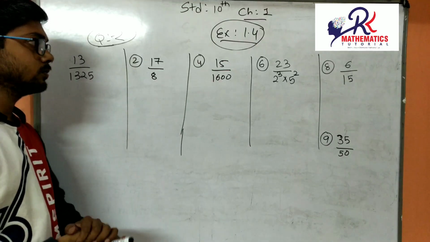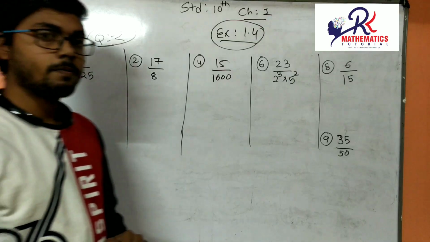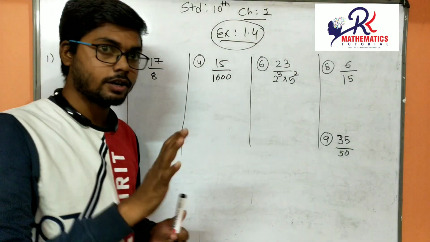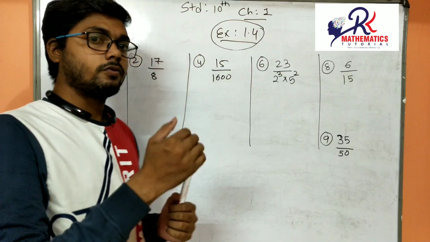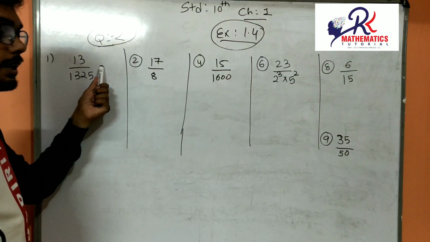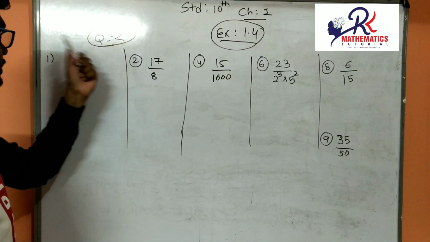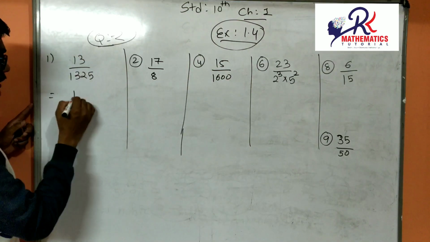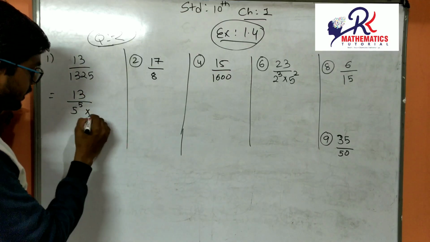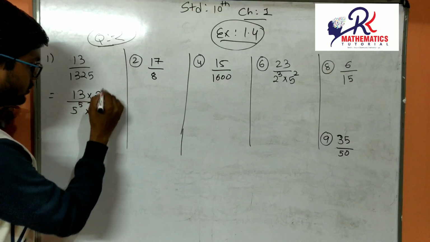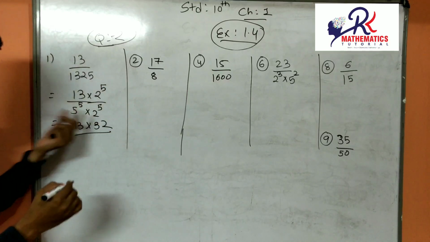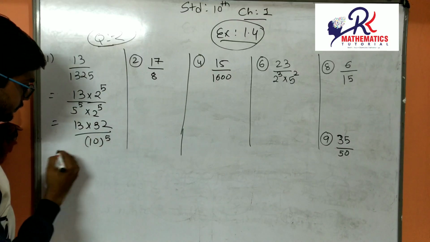Now question number 2. In question number 2, we have to divide the numbers. In question number 1, which are terminating decimal expansions, we have to convert them into decimal form. So the first number is terminating, so we have to convert this into decimal expansion. You have already seen it is 3 over 2 power 5 times 5 power 5, so here we have to multiply by 5 power 5 in the numerator, which is 13 into 32. Now 5 2s are 10, so we can have 10 power 5.